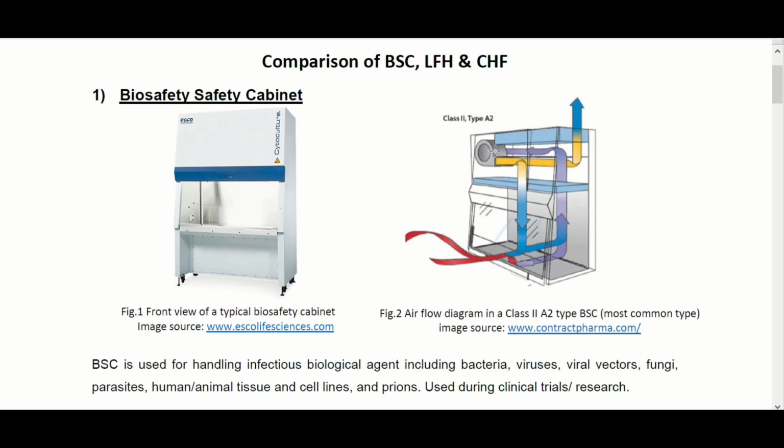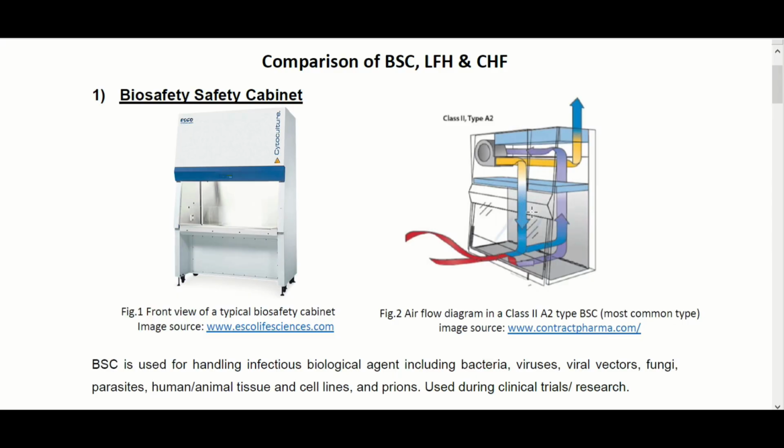Some of the air, normally about 30% or so, is released into the environment. It's ventilated out, while the other 70%, which is filtered clean air, goes down into the biosafety cabinet